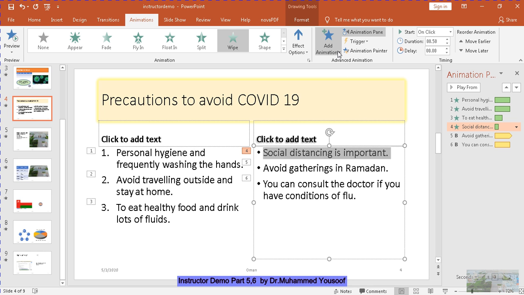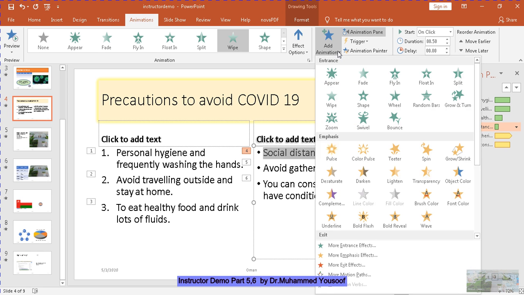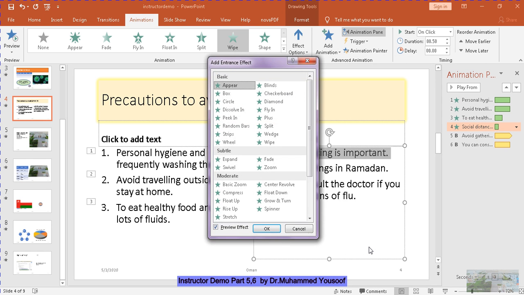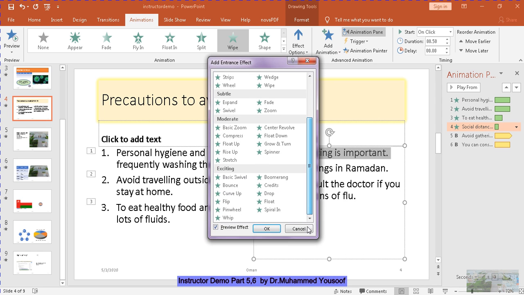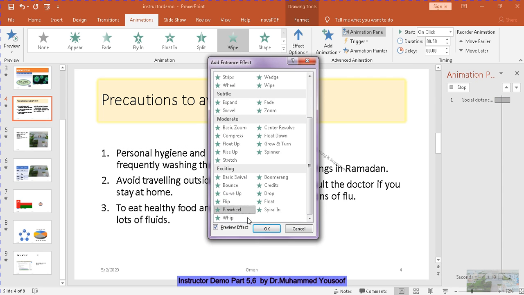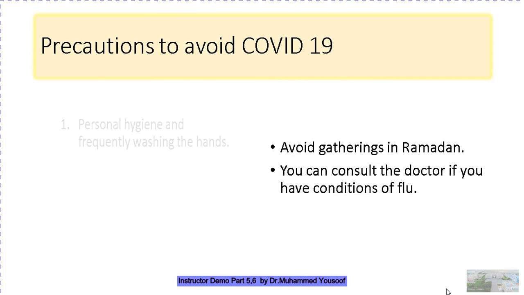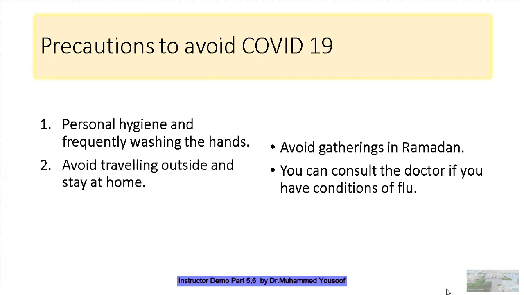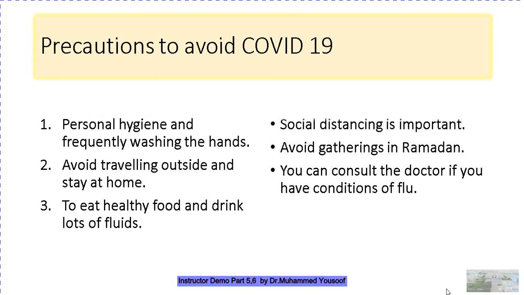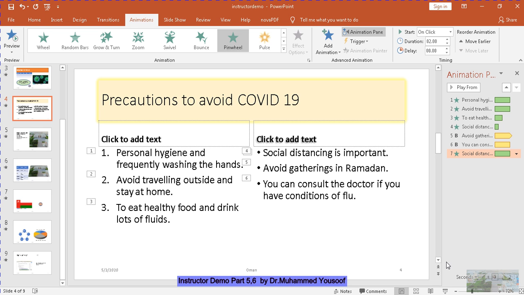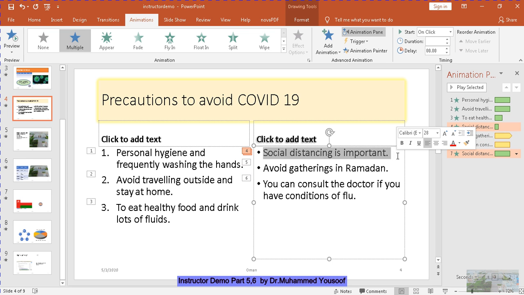Now you can also add more animation. For example, you can choose any animation, like more entrance effects. These are the entrance effects. I have many available here. I want to apply this one. Give OK. Now let me show you what will happen. See, I did not apply it to this. These 3 are the same, but you can see here. When I apply only for this one, for example, you see here, I selected this one.